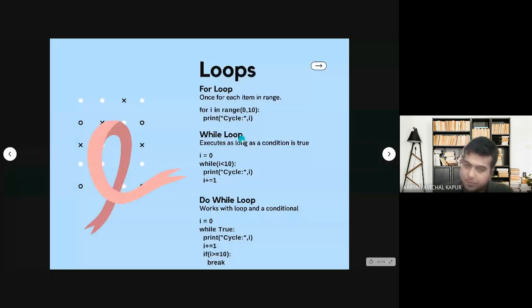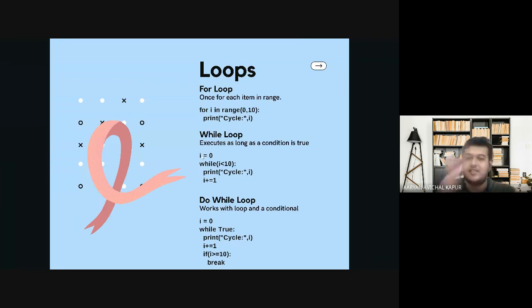So how do loops work? There are primarily two kinds of loops. We're looking into three, but I'll show you how three and two are the same. A for loop means that every item in a range will be gone to once. For I in range, that means that every value in that range will be put into I, and then the code will be executed.